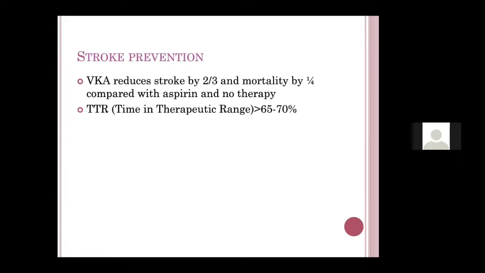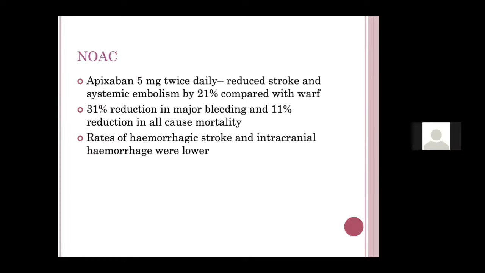But with the newer oral anticoagulants, we do not monitor anything like PT, APTT. Though they very slightly raise the PT and APTT, there is no role for monitoring PT, APTT, or any other bleeding profiles for novel oral anticoagulants. Now coming to the Novax, there are many, but the most commonly used are dabigatran, apixaban and rivaroxaban. There are no head-to-head trials between these. All the studies are done comparing with warfarin.